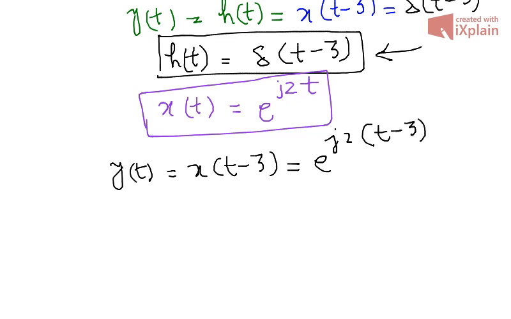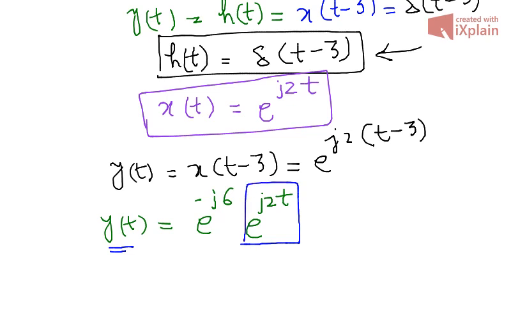Now if you solve it further, you would definitely come to know that your output y of t is basically e raised to the power minus j6 times e raised to the power j2t. So if you observe closely, your output is basically the same as the input, multiplied by a factor e raised to the power minus j6, which can be written as H of j2,